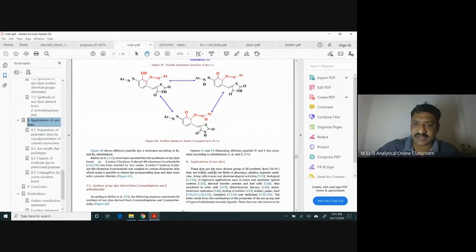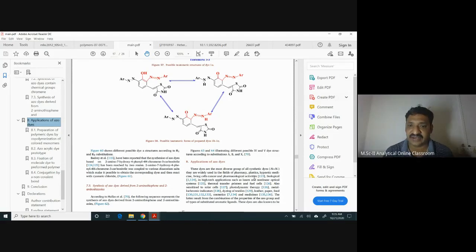So these dyes are the most diverse group of synthetic dyes, that is N double bond N. They are widely used in the field of pharmacy, plastic, hypnotic medicine, living cell cancer, and pharmacological activities. Suppose you want to prepare the notes on azo dyes, application of azo dyes. Then first write down the introduction. What is meant by azo dyes? Give different examples of azo dyes, and after that, all the dyes having important properties in different areas